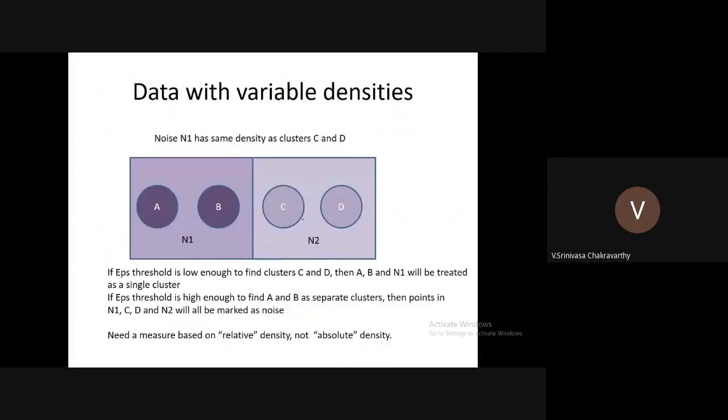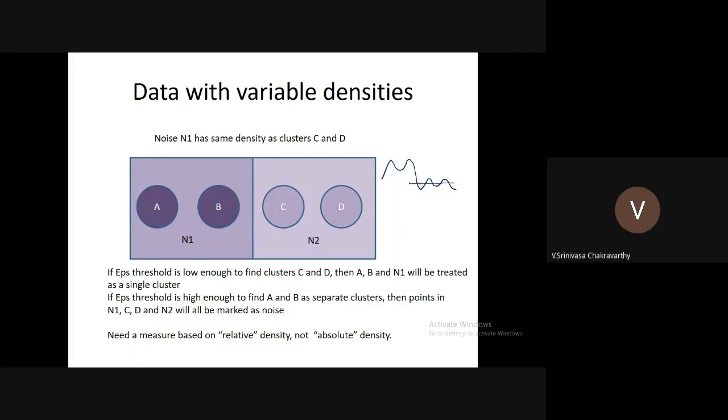Now, when you have data with multiple densities, where the density is varying from region to region, we have seen this problem in the context of DBSCAN. So if you have a data set like this, A, B are very high density regions. N1 is a background to these two regions. Then you have C and D, which are lower density, but have higher density than N2 background. In case of DBSCAN, where you choose epsilon and min points, if this density threshold is low enough to capture C and D,